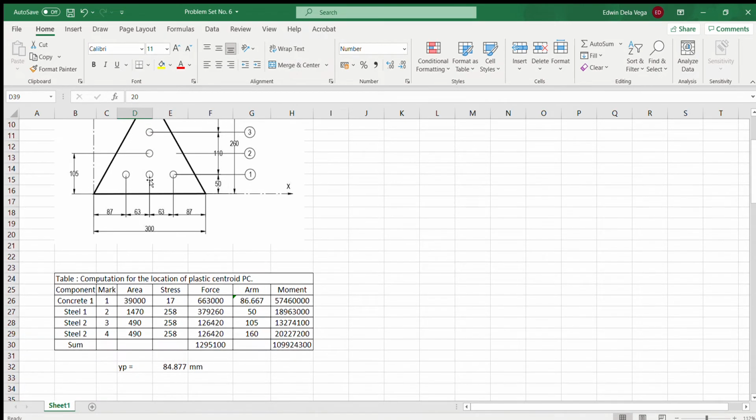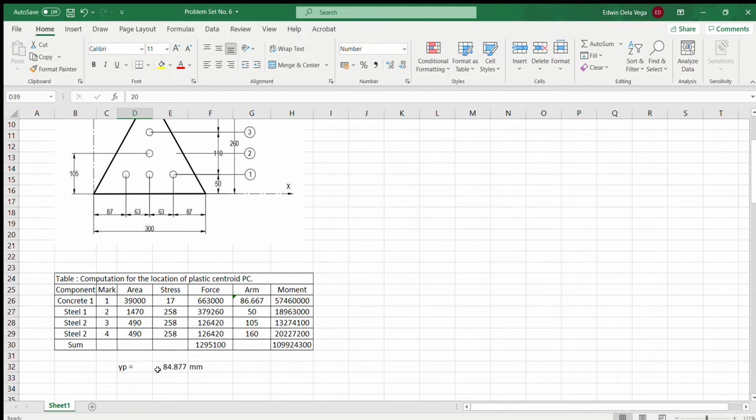So as what Jerome did, he computed the plastic centroid. I don't know if the others have gotten the same answer here. 84.8877 is the value of your YP. So it is imperative to always compute first for your plastic centroid